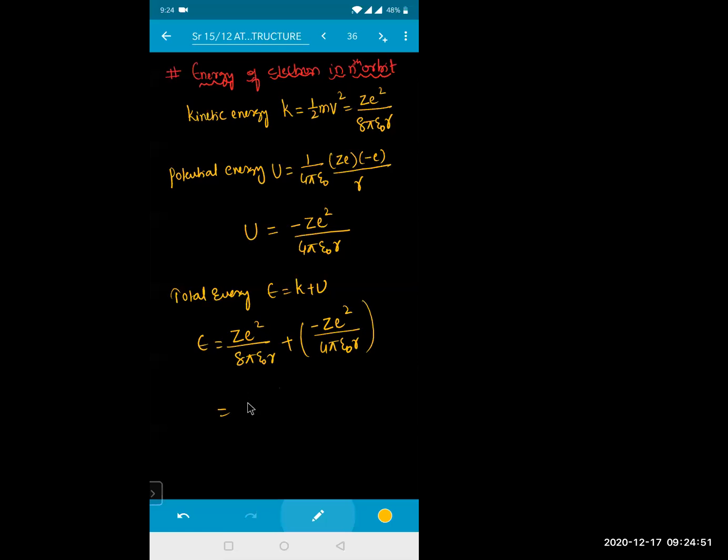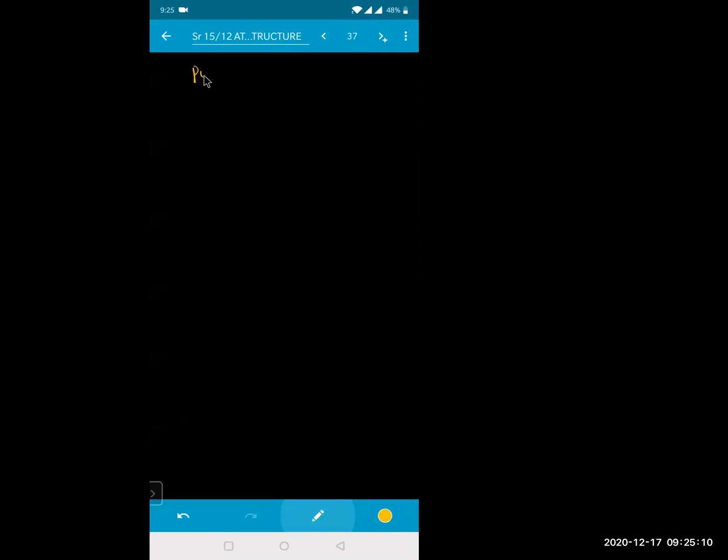Minus 1 by 8, minus z into e square divided by 8 pi epsilon naught into r. So this will be your total energy. Now putting the value of your r: E, the energy of your nth orbit, is equal to minus of z into e square divided by 8 pi epsilon naught into the radius of the nth orbit, that is h square epsilon naught into your n square divided by